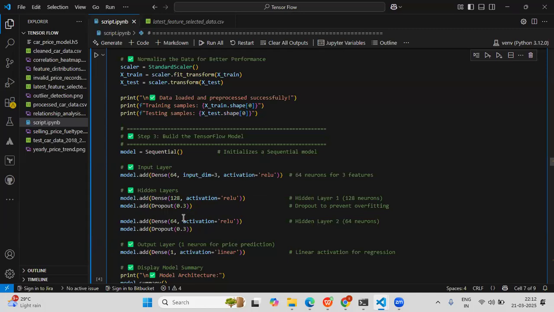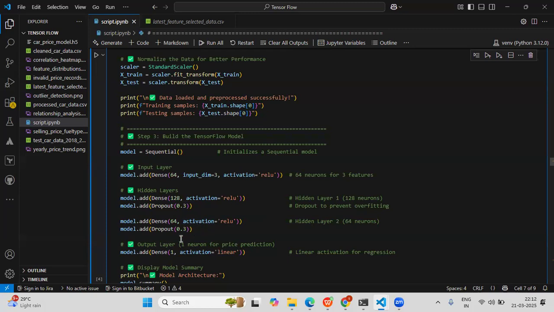After that, we are taking another hidden layer with 64 neurons, slightly less than the previous layer, with ReLU activation. Then we are also dropping 30% of the neurons to prevent overfitting.